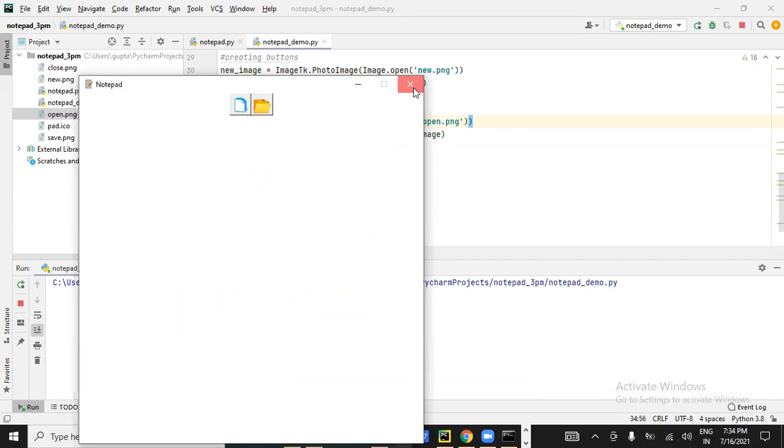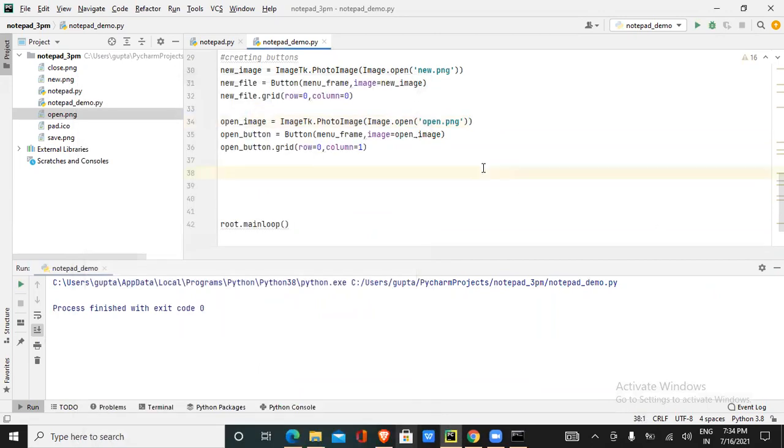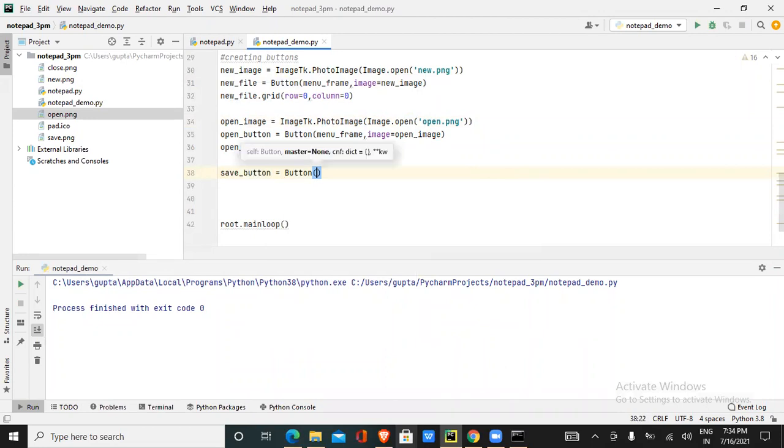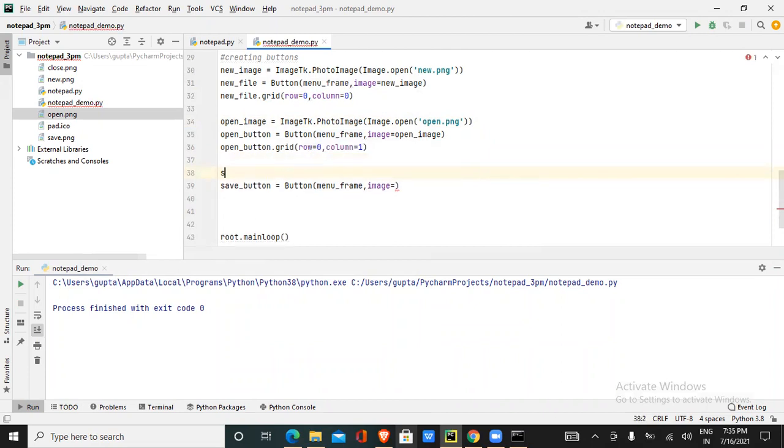Okay, in the same way, create the two more buttons. So the next button is for save. So save underscore button equals to button. In this copy paste, only the images thing will change. Menu frame, comma, image. I should pass the image name there. So save